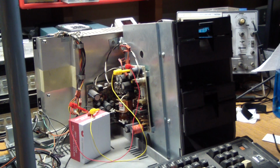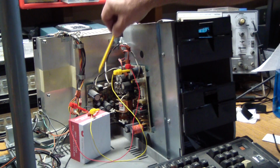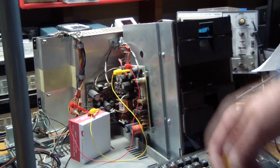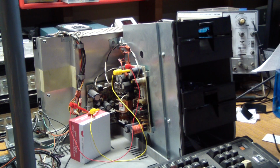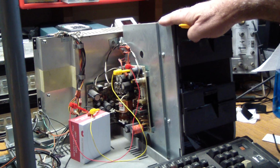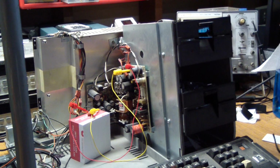Okay, it's the next day, and let's attack things with new energy. So in the last scene, after I turned off the camera, a loud popping noise came from the bad power supply. I can't see anything, there was no magic smoke, but something blew up. So what we are going to have to do is remove the disk drives and the disk drive tower to be able to get to the back power supply